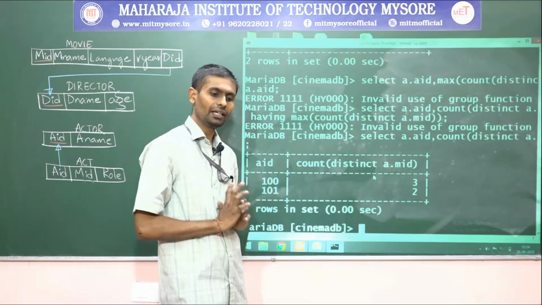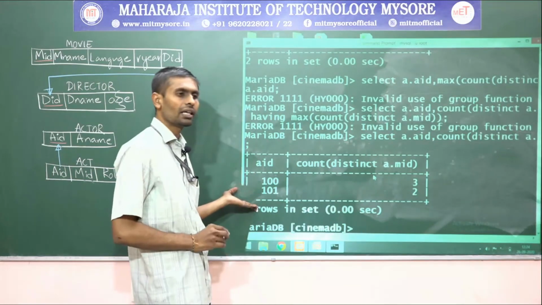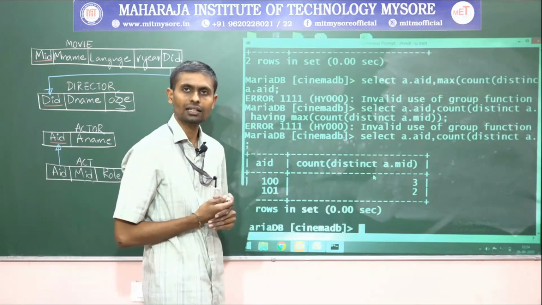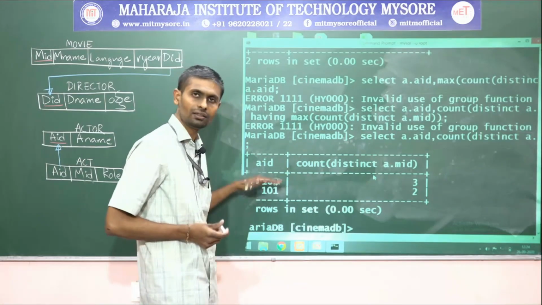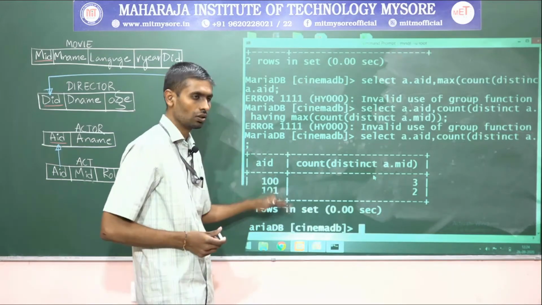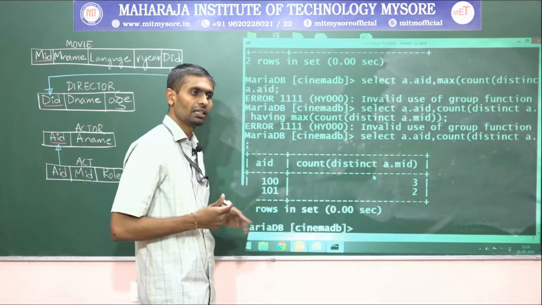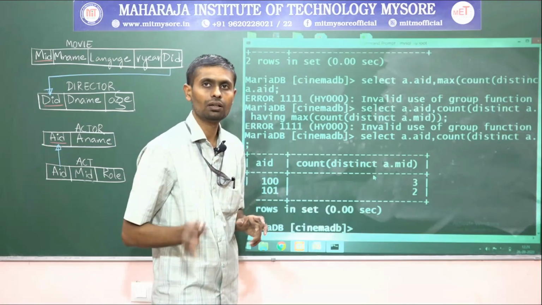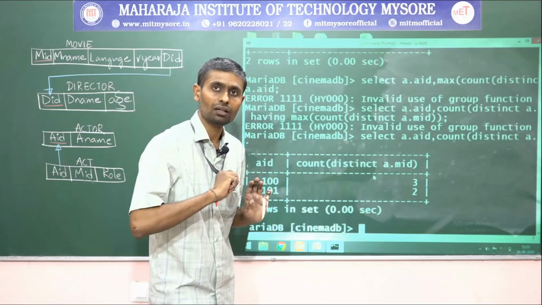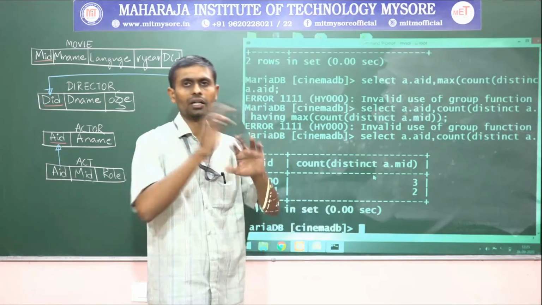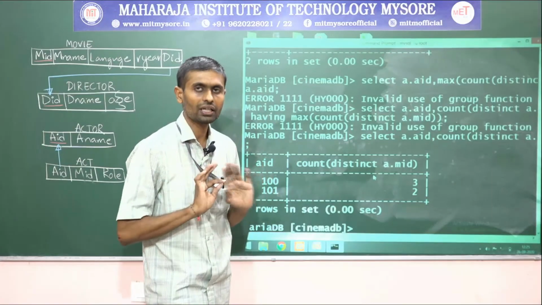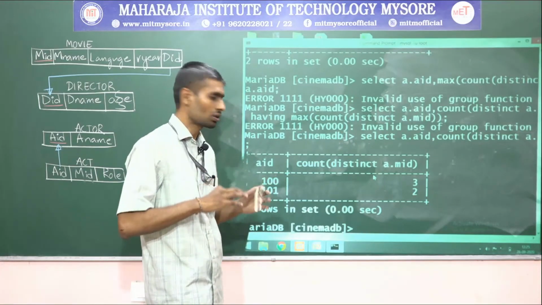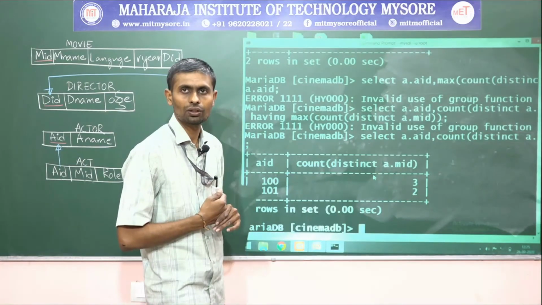My idea is, anyway it is looking like a table: AID with some value, some column. What does a table usually contain? Columns and tuples. Yes, this also has columns and tuples. A few of my friends may ask, sir, store these values by creating one more temporary table. No, don't go for storing by writing a create table statement and insert into statements, because that becomes a very costly answer.